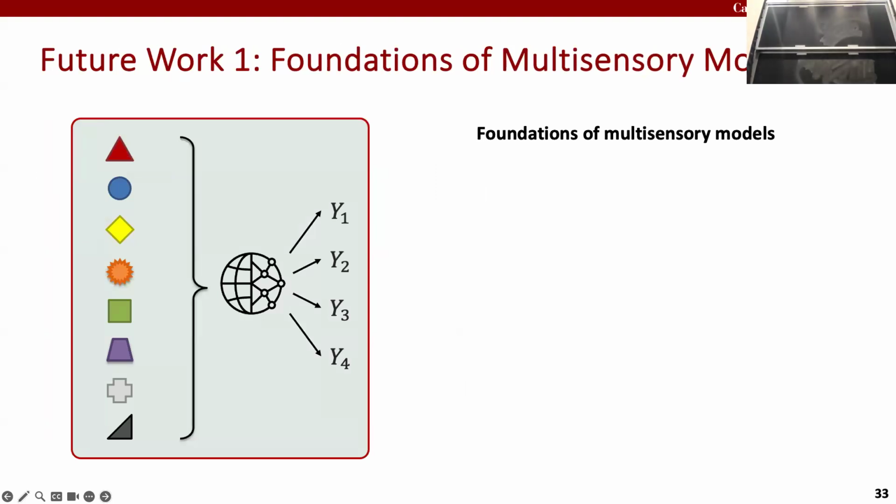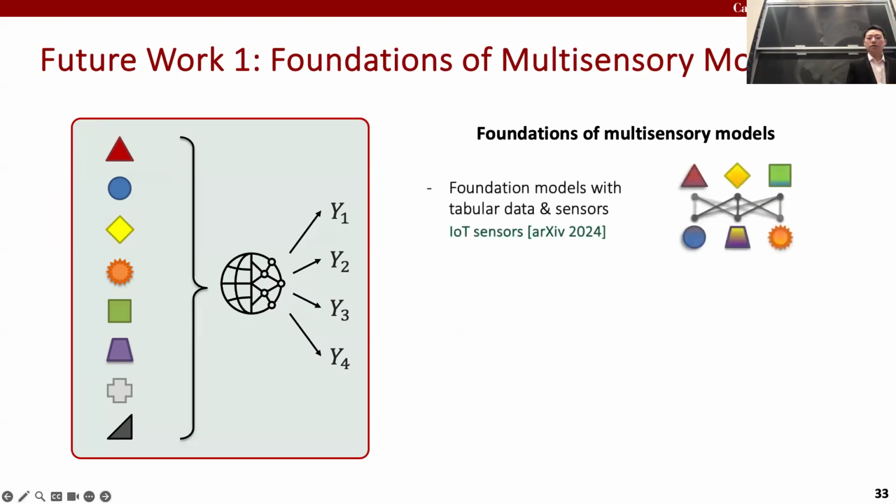One short-term future direction is building these multisensory models, but building them with a foundation in mind. For example, building systems that are able to take in tabular data and sensors as modalities. These are two common modalities, very important for the real world, in the medical space, in the sensor space. But yet, deep learning doesn't really work well for these modalities. We've been doing some really recent work in collecting benchmarks for IoT sensors, and also combining traditional time series methods suitable for these sensors with deep learning methods.